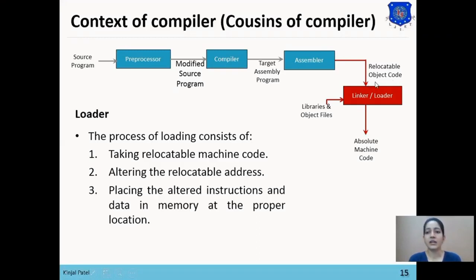The linker will convert the different files into a single program, and then it passes the single program to the loader, and the loader will perform the following functions and convert the relocatable code into absolute machine code. Preprocessor, assembler, linker, and loader are also called the cousins of the compiler.